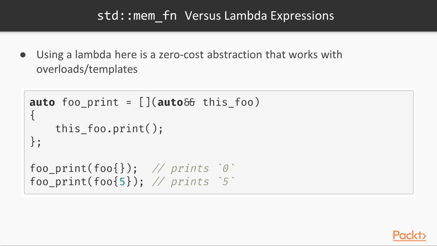In this case, I'm simply creating a variable called fooprint and initializing it from a lambda expression that takes a thisFoo by auto-ref-ref and then invokes print on the taken thisFoo. So the intended usage is that fooprint given a foo instance will call print on the foo instance. And this is exactly what memfun does for us, but expressed through a language construct which is transparent to the compiler and doesn't have any surprising behavior. Please note that this version will work with the previous struct foo definition seen here, as using this foo.print will automatically do overload resolution for you.